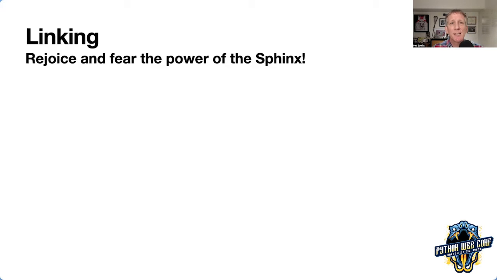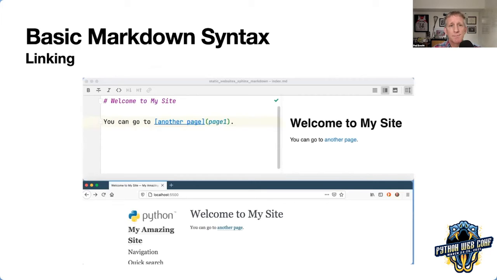Let's look at the basic Sphinx linking syntax as done in Markdown. I've got something in the same directory as me called page 1, and I want to link to it. And here's the link text. You'll notice that I didn't say page1.md. Because MyST and Sphinx and all of that will just figure it out. You express what your file extensions are in your conf file, but your plugins probably set that up for you. So that's great. You see in my output, I have a link with the link text, and it'll go to page 1.